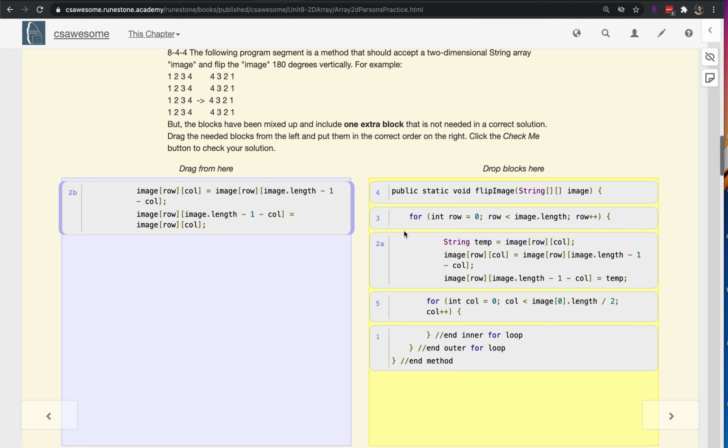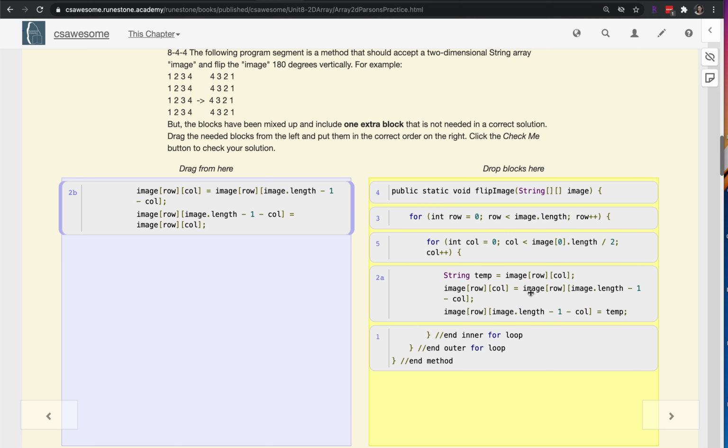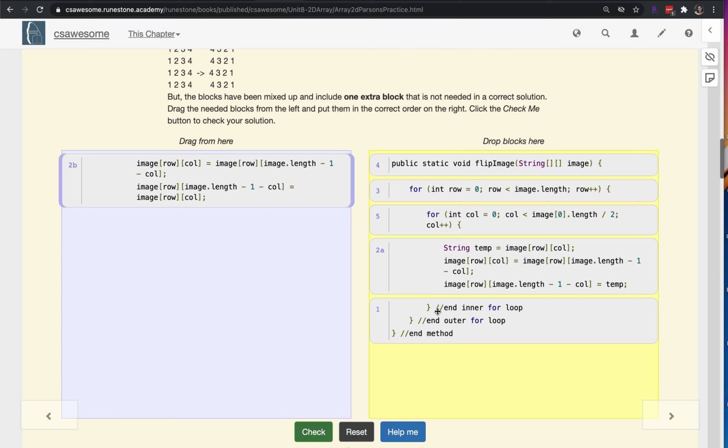Now, it wouldn't make sense for it to come before looping through the columns. It makes more sense for it to come as we're looping through the columns so that we make sure to hit it. And then looking at the structure of our program, this makes sense. Public static, we've got our for loop on the outside to count through the rows, and we've got our inner loop to count through the columns. We've got our temp variable, and this basically says,